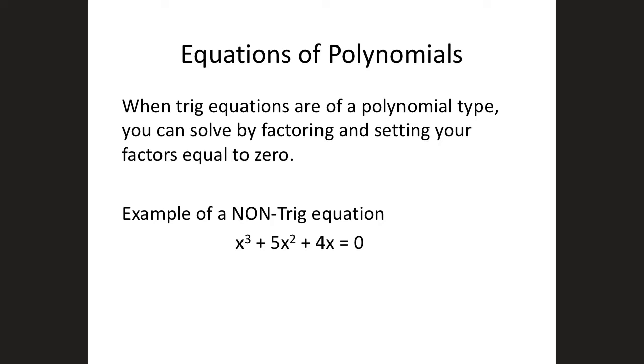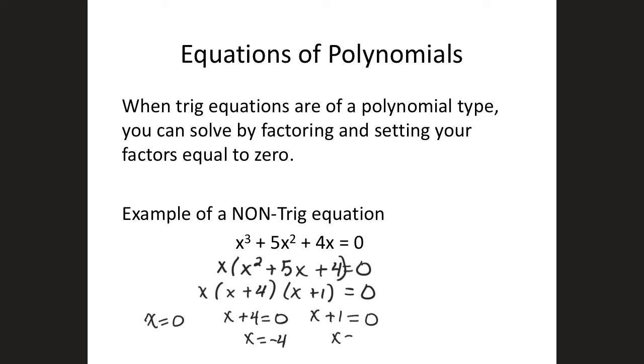0. Here's an example of a non-trig equation that's a polynomial. We have 3x cubed plus 5x squared plus 4x equals 0. I can factor this equation. And then once you have it factored, you can set each individual factor equal to 0. So then I have three x values that when I plug them back into the original equation, they'll make it